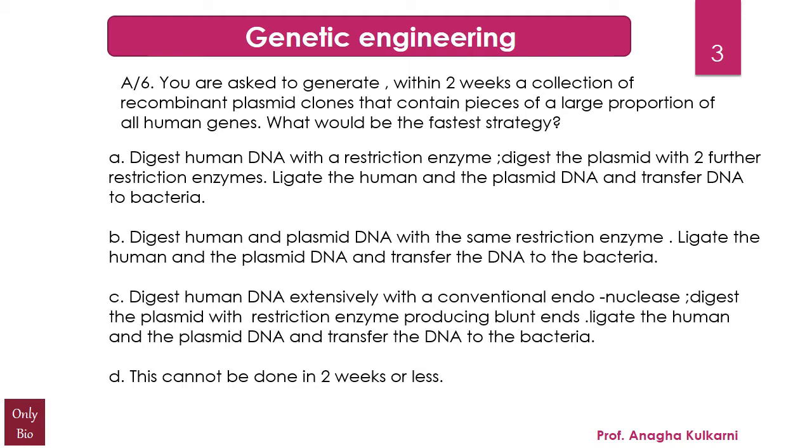Friends, remember, plasmid is a double-stranded circular DNA molecule which is autonomous and capable of self-replication, found only in few bacterial cells. Plasmids are used as tools in genetic engineering. A plasmid that undergoes a change in the genetic matter is called as recombinant plasmid. The correct answer for this particular question is B.